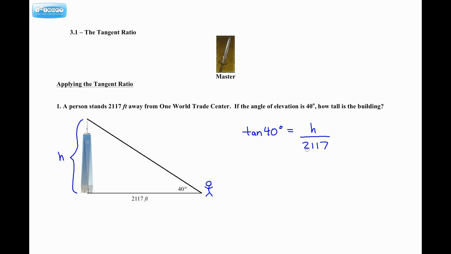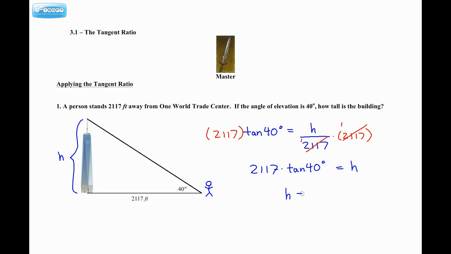So we need to get rid of this 2117. It's being divided. So the only way to undo that effectively is to multiply. But I have to multiply both sides. So this of course cancels because it becomes 1. So 2,117 times the tangent of 40 degrees, that is equal to the height of the building. Okay. Well, these are all numbers that I can work out on my calculator. So I take 2117 times the tangent of 40, and I get,